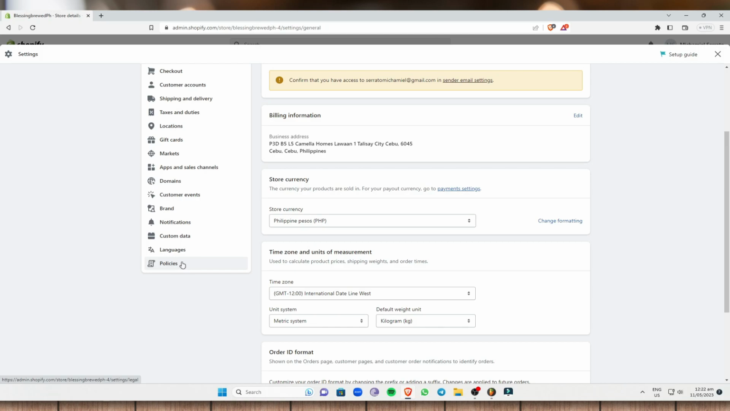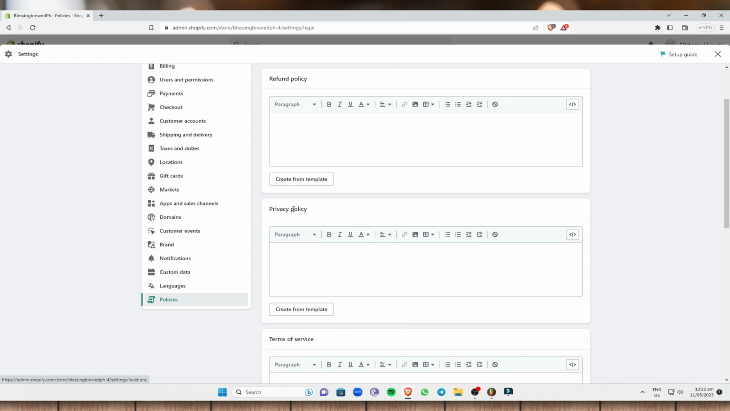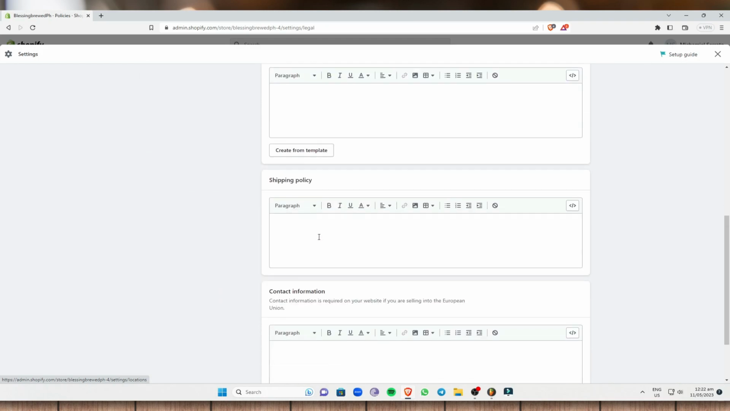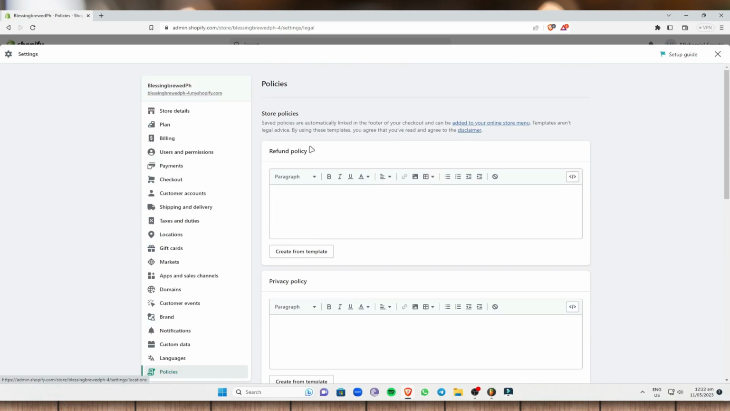So just click on policies right here, and right here you can now create a bunch of different policies, like your refund policy, your privacy policy, your terms of service, your shipping policy, and your contact information. Now all you have to do is create from template right here, and Shopify will automatically create a